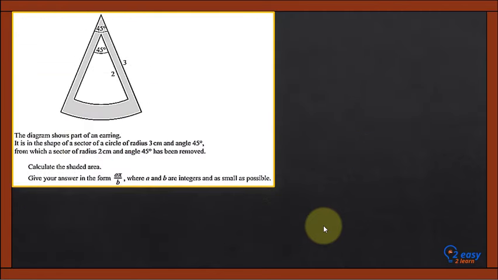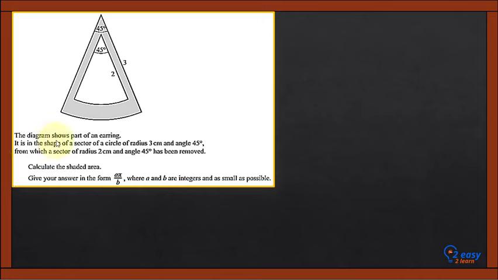Next question. The diagram is given. If you look at this diagram, it looks like sectors. So there are two sectors. One is the outside big one and one is the inside small one. And there is a 45-degree angle at the center of the sector. This is also the 45-degree at the center of the small sector. And its radius is 2, and the radius of the big sector is 3. So before reading the question, just look at the diagram and get as much information from it, and then let's